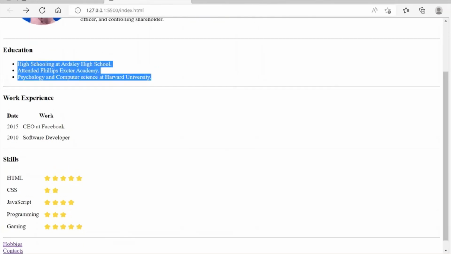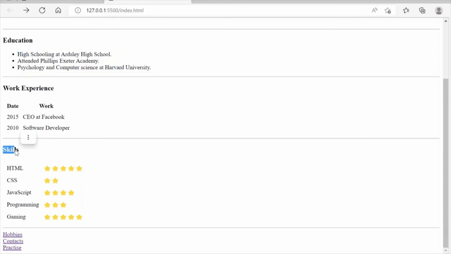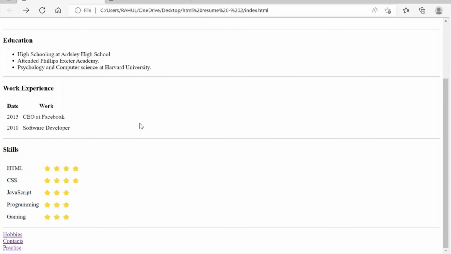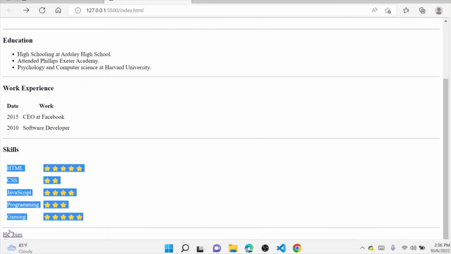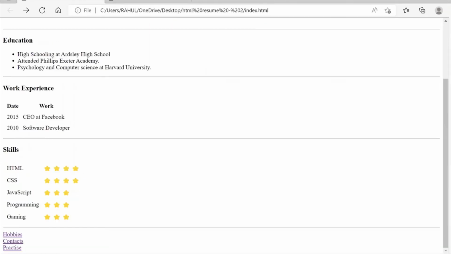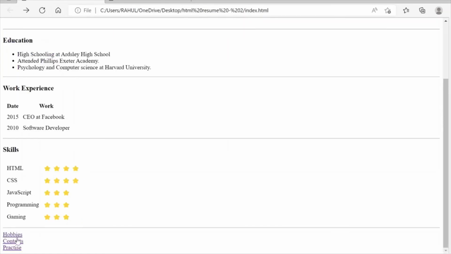Now after that, we created the section for skills. In that we have mentioned the skills along with the ratings. So once that was done, we created 3 links which were named hobbies, contacts and practice. So 3 links we have created, and when we clicked on hobbies, it redirected us to the next page, that is this page. And after that we created a contacts page.